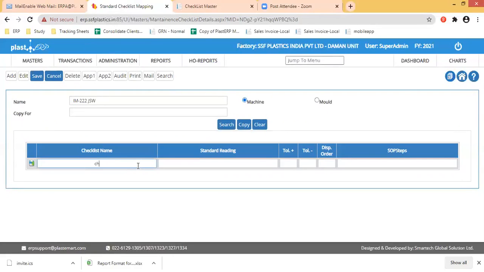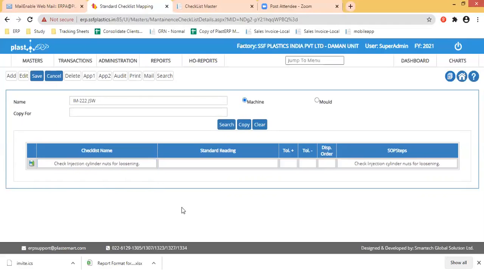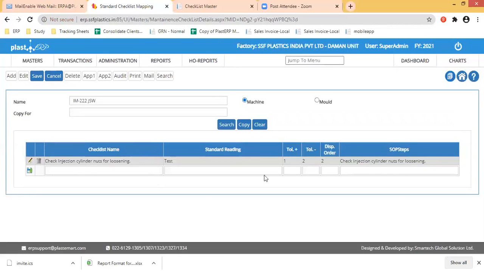So let's select excess grease. This we want to assign to it. What is the standard reading? Let's say it's a torque of whatever the standard reading is, whatever the tolerance. Then you can have one more checklist for it, say check greasing or whatever.